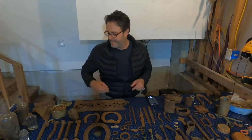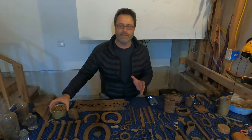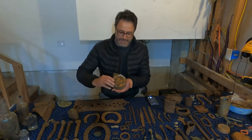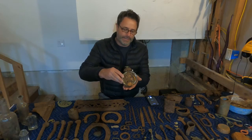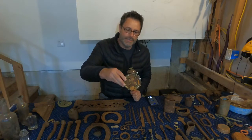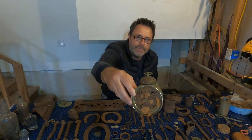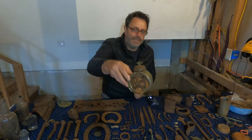So even the pioneers had to get up on time, and this next relic is one of my favorite things that I think I've ever found at a pioneer camp, and it is an old alarm clock. And I'm gonna try to get it as close to the camera as I can so you can see the workings of this thing. The bell is still on top. The brass is still almost in one piece,